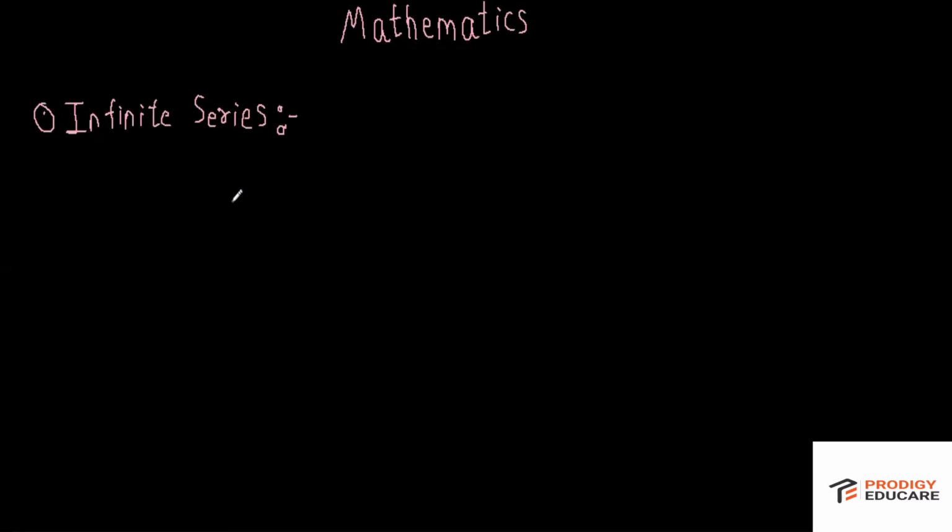Now geometric progression is a special type of series in which we have a first term, which is known as A, then at each term we'll be multiplying it with a constant number, and that constant number is known as common ratio. For example, we'll be multiplying it with R, so this term will become AR. Then the next term will become AR square, AR cube, and so on.